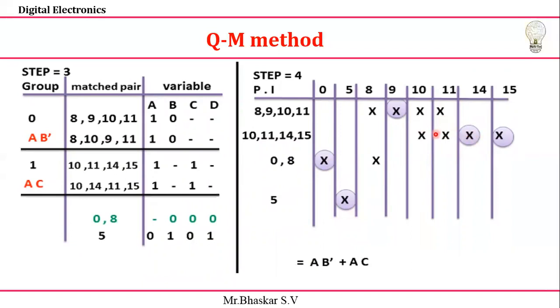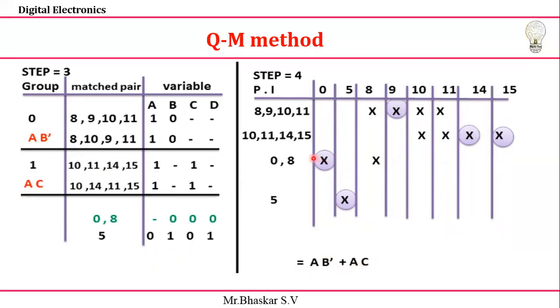After that, looking for double cross. Let's move on to that. First I'm looking for single crossing. If I take this crossing, you just see the entire row here, all these min terms are covered: 8, 9, 10, 11 it is covering here. So this value I can directly take as AB dash. Next 10, 11, 14, 15: if I take at least one, then it covers everything here, and I can directly take the value, which is AC. I already know that. So what is the SOP form? Directly I can take AB dash plus AC.